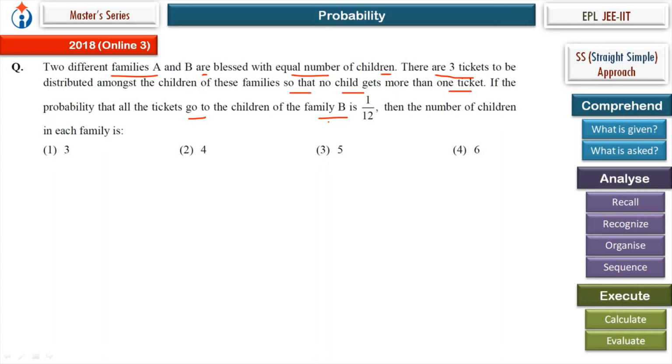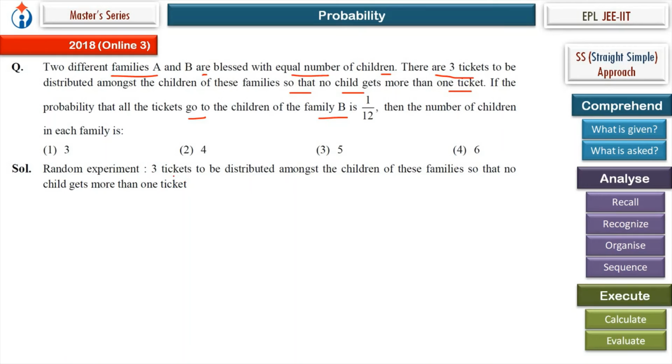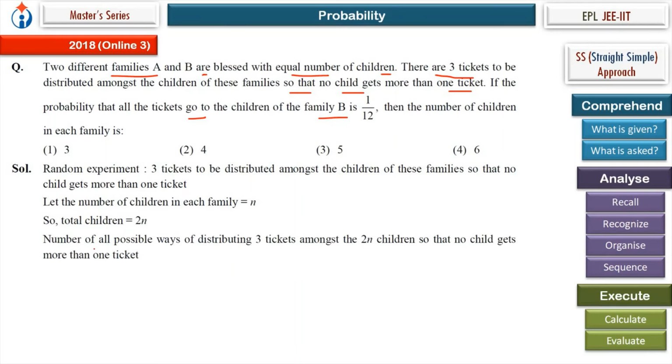So we have to find the probability of this event. So the random experiment is 3 tickets to be distributed among the children of these families so that no child gets more than 1 ticket. That's our random experiment. So let the number of children in each family be n. So total children is 2n. The number of all possible ways of distributing 3 tickets among the 2n children so that no child gets more than 1 ticket is